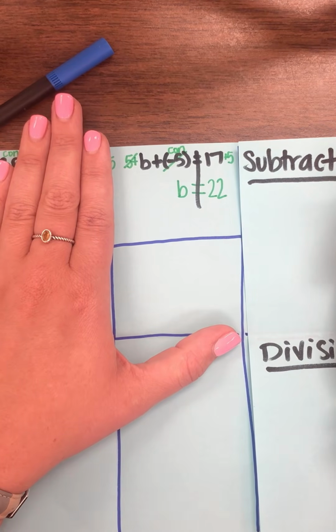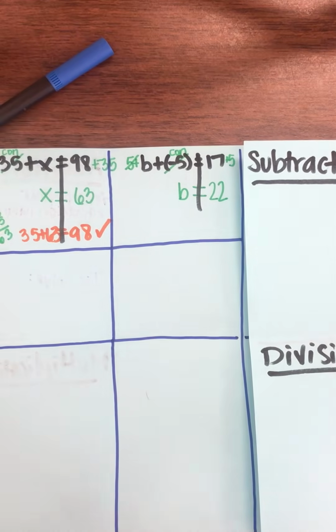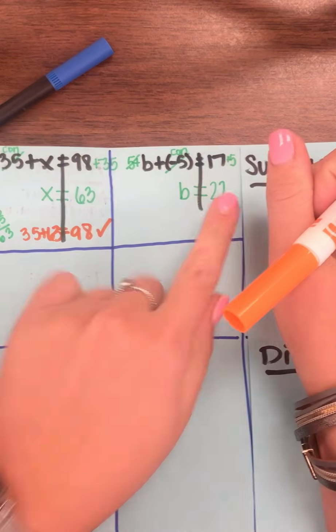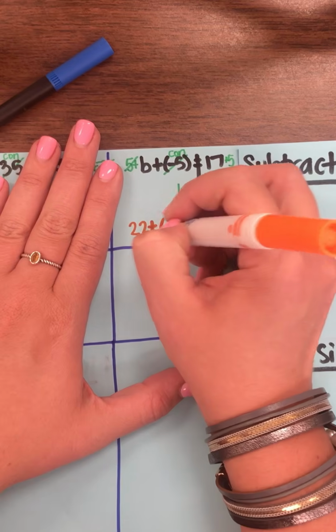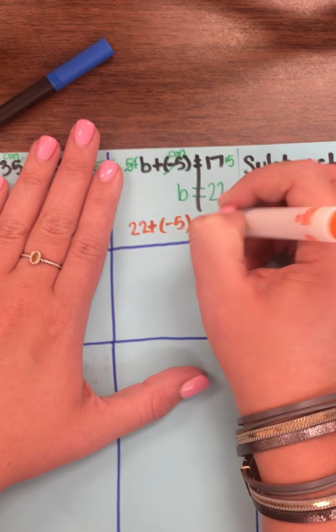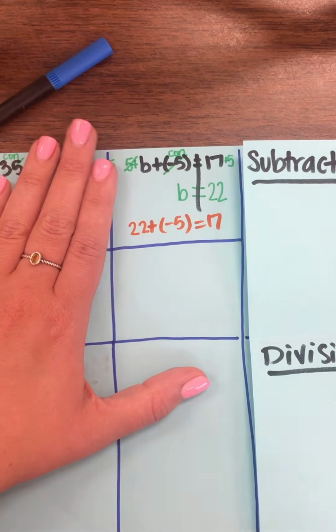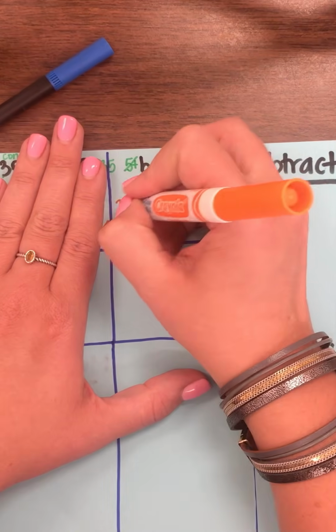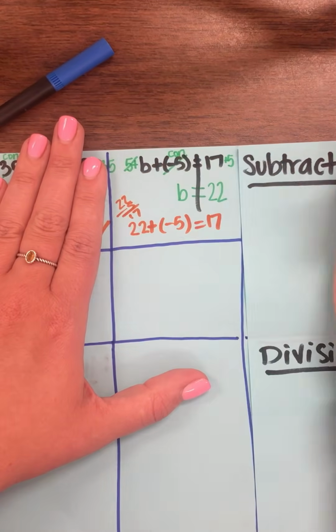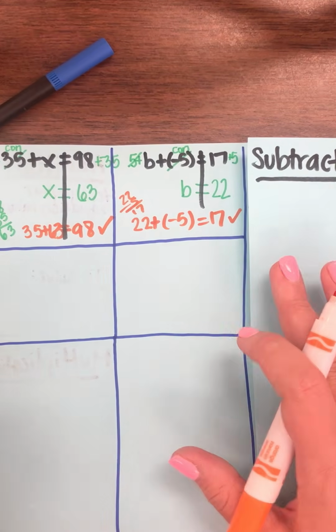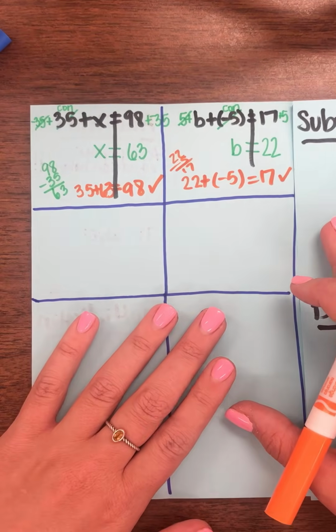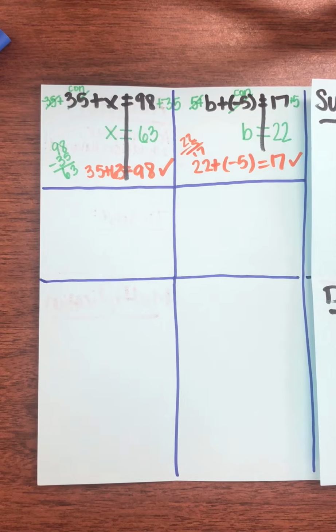Okay, so we should be able to check our work. We're gonna plug our answer back in. So it should say 22 plus negative 5 equals 17. Well, 22 and negative 5 are on different teams, so they'd battle, and we would get 17, so our answer is correct. Okay? All right. Let's do one more in this section, and then we're gonna move on. So one more in this section, we're gonna say